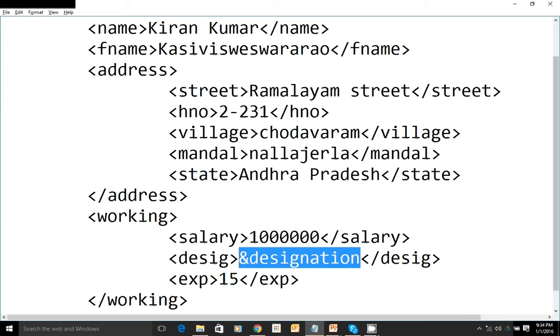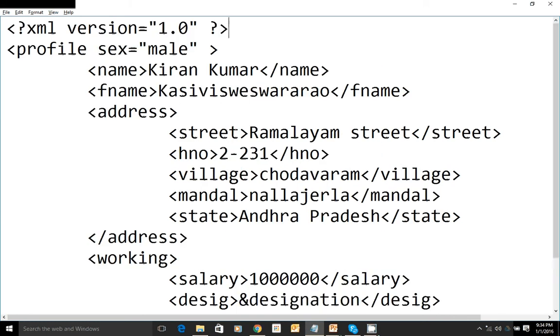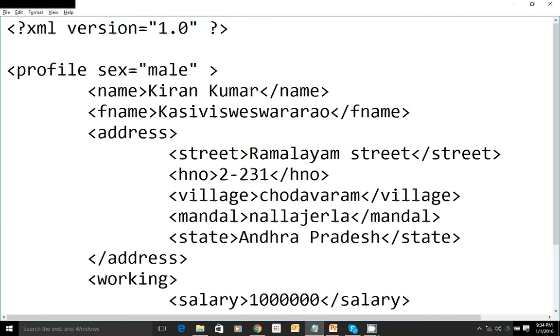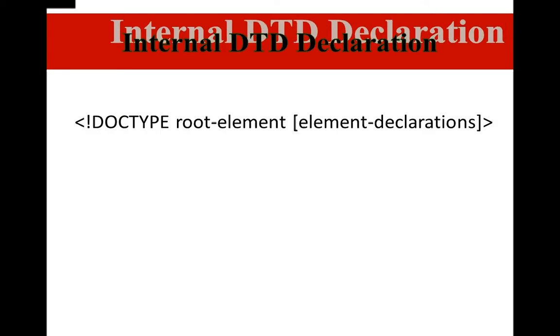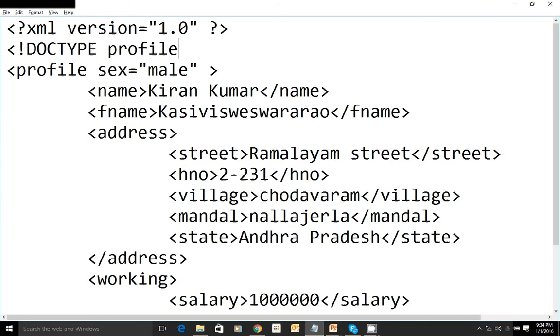Let's look at how to validate this XML document. To validate the XML document, we start with DOCTYPE. Then the root element is profile. The syntax of internal DTD is this: space, square brackets, close.